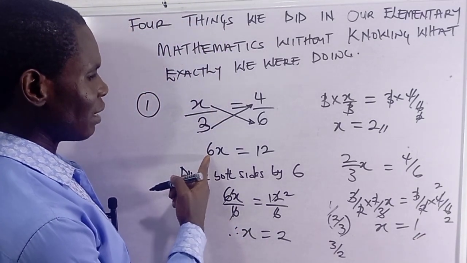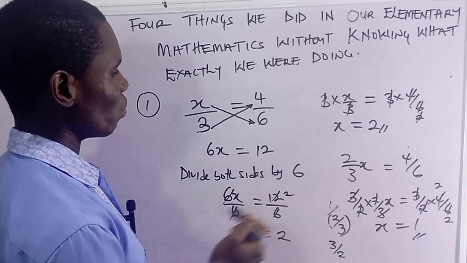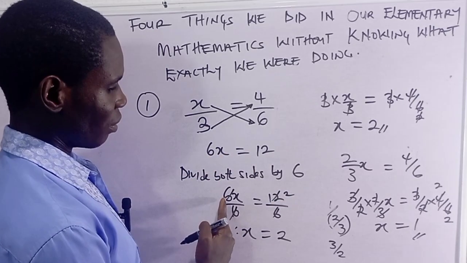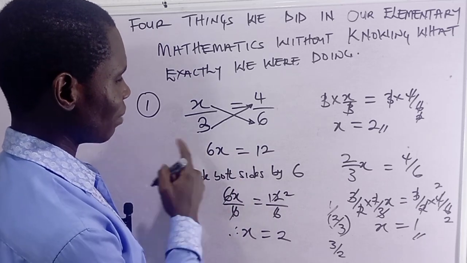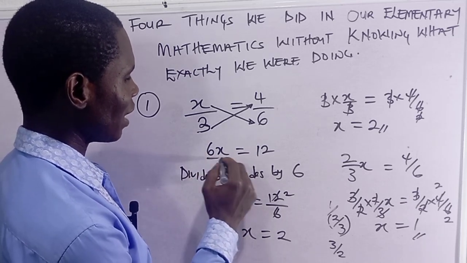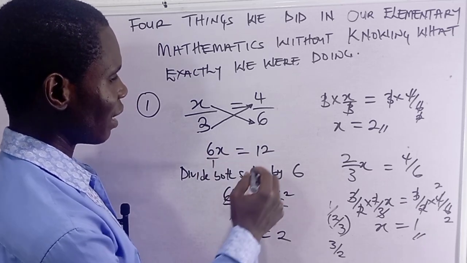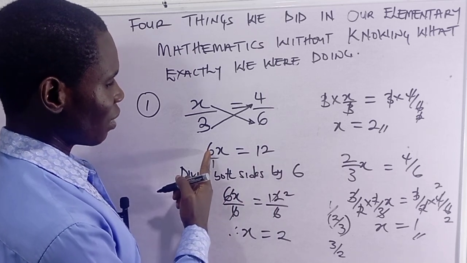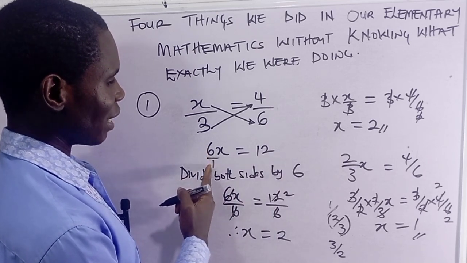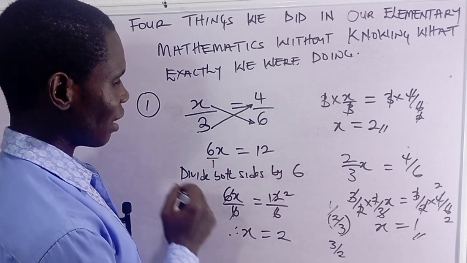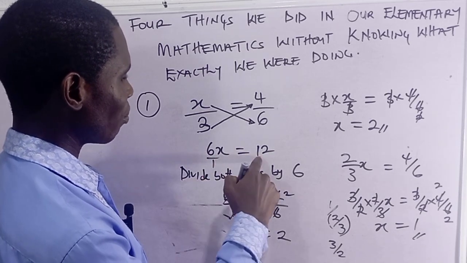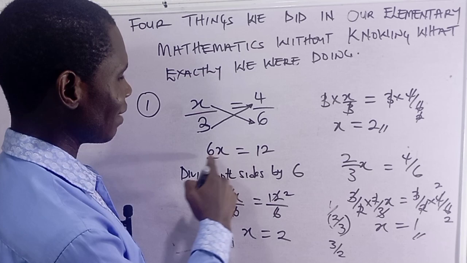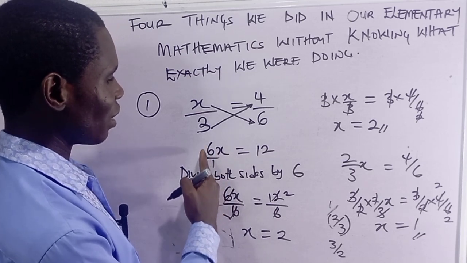Here we have 6x is equal to 12, and we divide both sides by 6. Why do we divide both sides by 6? Here is 6 all over 1. The reciprocal of 6 all over 1 is 1 over 6. So what we have here is same as multiplying both sides by the reciprocal of the coefficient of x, which